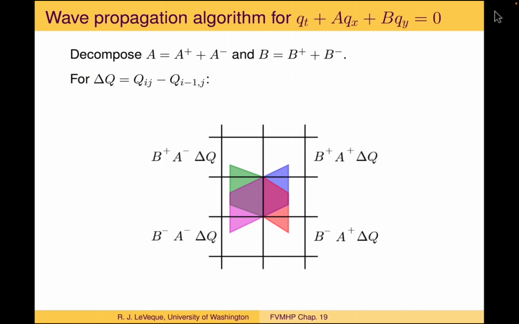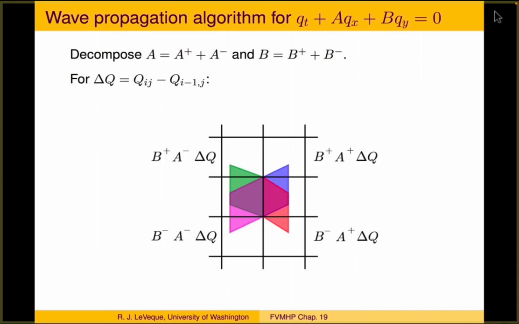So multiplying by these matrices, again, remember, just means we're doing an eigendecomposition and then summing up only the positive eigenvalues times the corresponding eigenvector, or only the negative eigenvalues times the corresponding eigenvector, to take the portion of that eigendecomposition that's moving in the desired direction. And when we do this, what we see is that all of these waves, for example, maybe the B minus